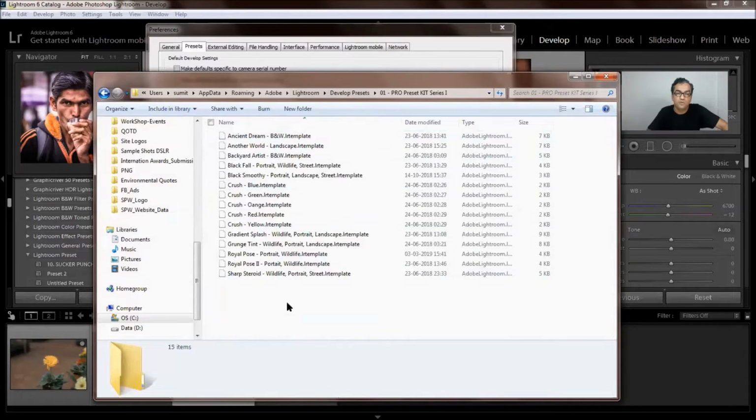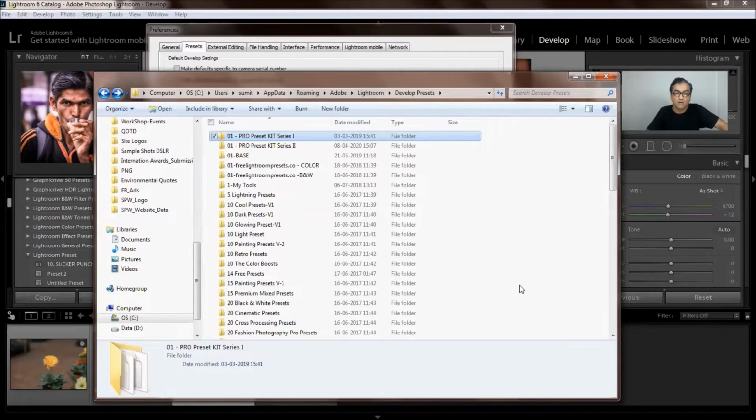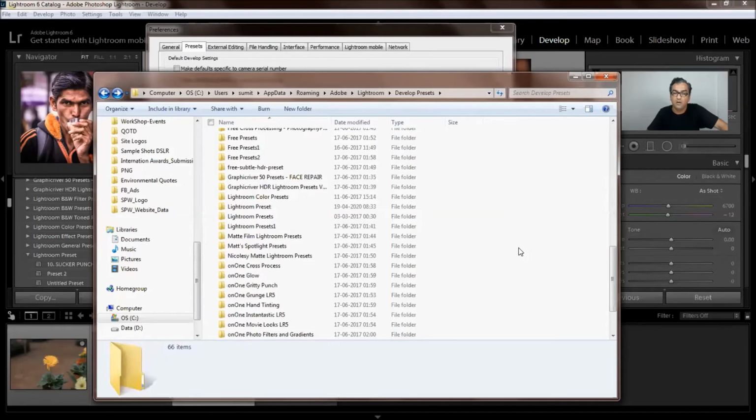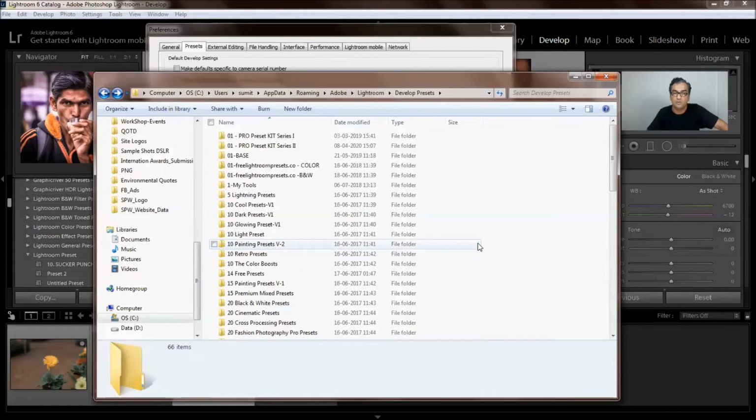The names you see with the arrow sign are folder names, and you have to expand them to see the presets. If you copy the presets right in the open area, then they'll come right below the other folders in the application. So try to avoid it to have better organized presets. Create a folder, name it, and paste the presets there.